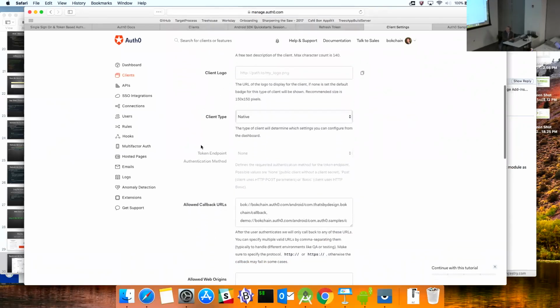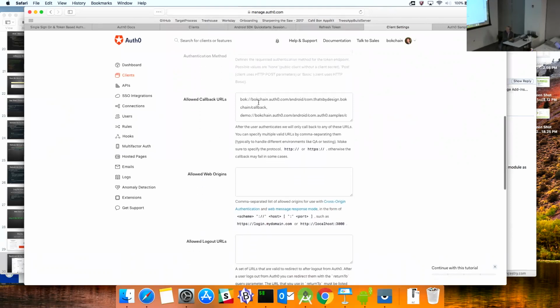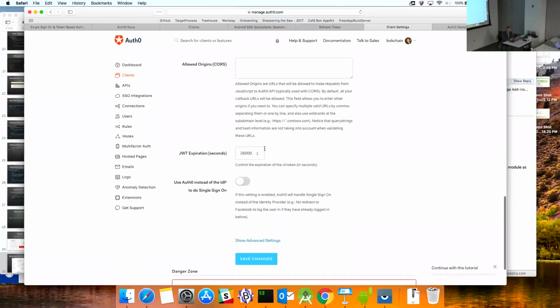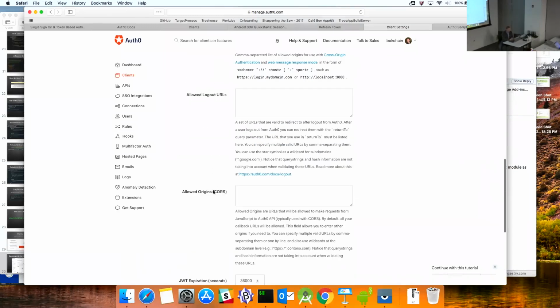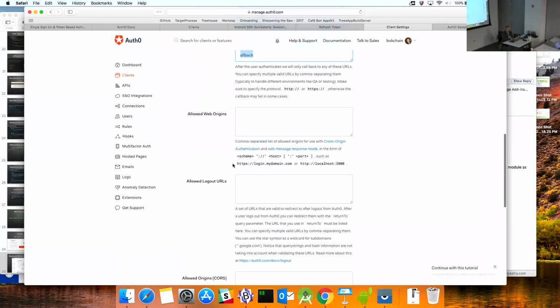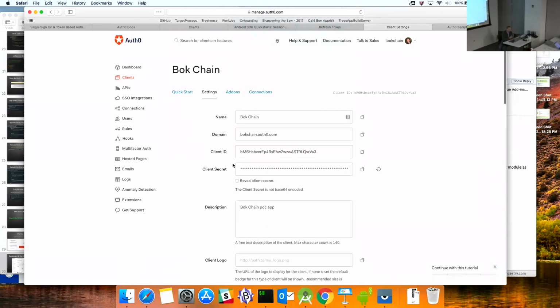If I go through here, we can see allow callback URLs. It wraps, but I have two of them in here. One for the app that I did last year that has more features, but the very simple one that I downloaded recently, I just added that one as well, so they both work as far as callbacks. And that's pretty much it in terms of configuration. There's expiration numbers. If you need to reach out to other sites, cross-origin, allow logout URLs. You can customize the URLs that you use in your app.